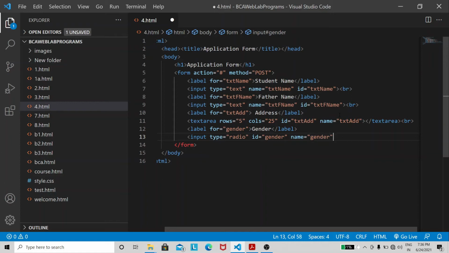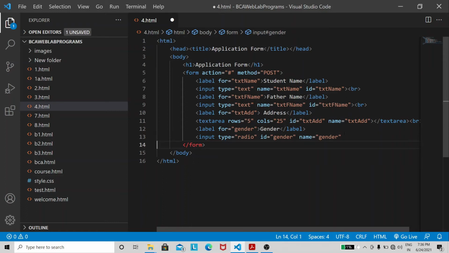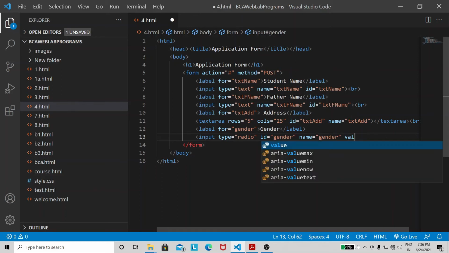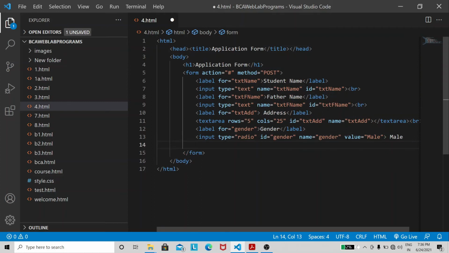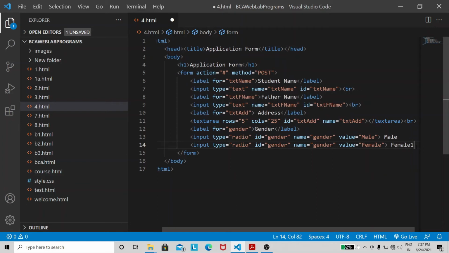Whenever you are using a radio button or checkbox, the name remains the same for all the group members, but the value differs. So I'm going to give the value as male. I'm going to copy the same thing, and here I will change it to female. So let's have a line break.